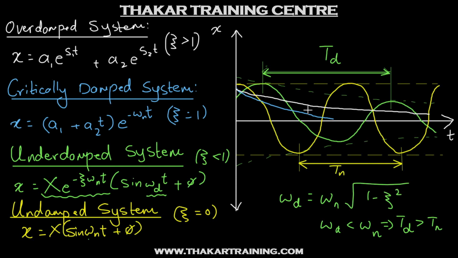And a few other things to note: where the amplitude decreases in all the three damped systems, it reaches its equilibrium position the fastest, or in the shortest possible time, for the critically damped system. In the overdamped system, there is no vibration, but it takes theoretically infinitely long to reach zero. The same is the case for the underdamped system, but what we have for an underdamped system is a vibration which is happening. So it is a vibratory or oscillatory motion. Practically, after the amplitude becomes infinitesimally small, we can say that it has come to rest. And for an undamped system, the amplitude remains constant. It does not change with time.